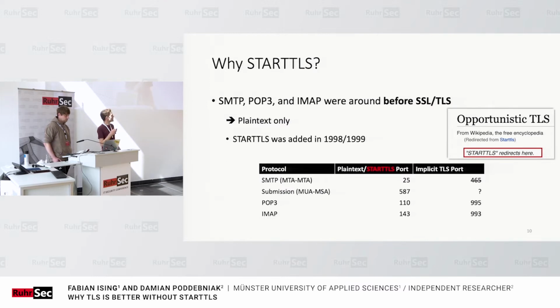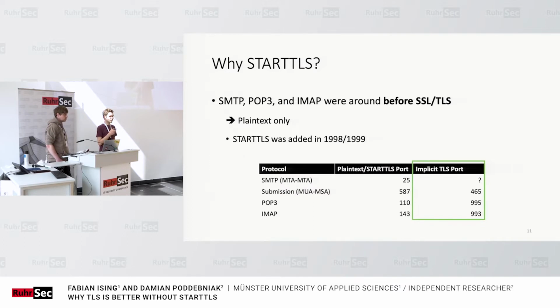And we, on the other hand, think that there's absolutely no reason for STARTTLS to be opportunistic in mail clients nowadays, because your mail server should really support TLS by now. So when adding STARTTLS, the implicit TLS port for SMTP was revoked by the IANA, since they realized the mail ecosystem, and especially MX records, do not allow for specifying ports. Sadly, they also removed the port for submission, for no apparent reason.